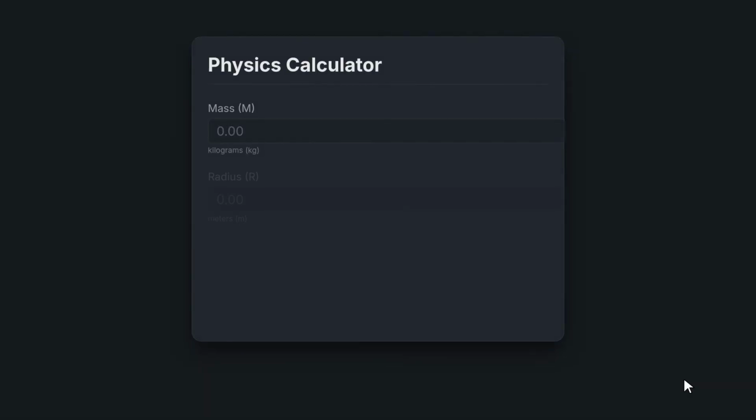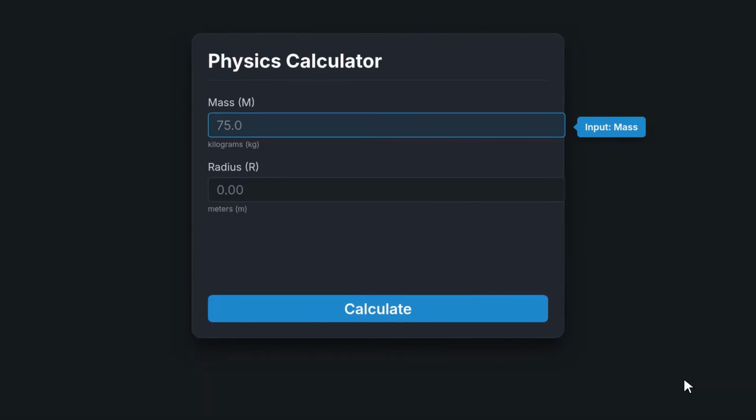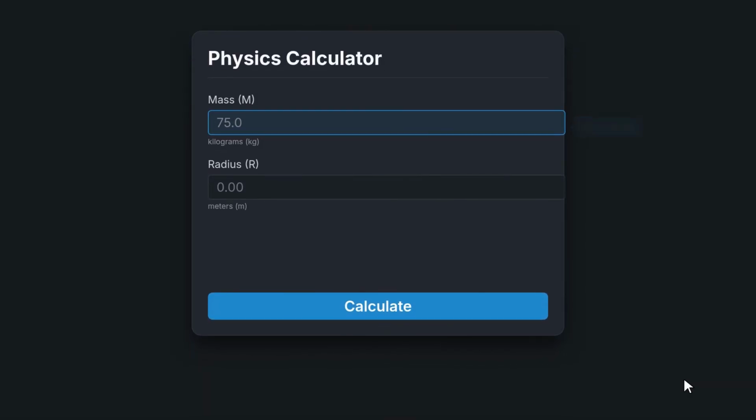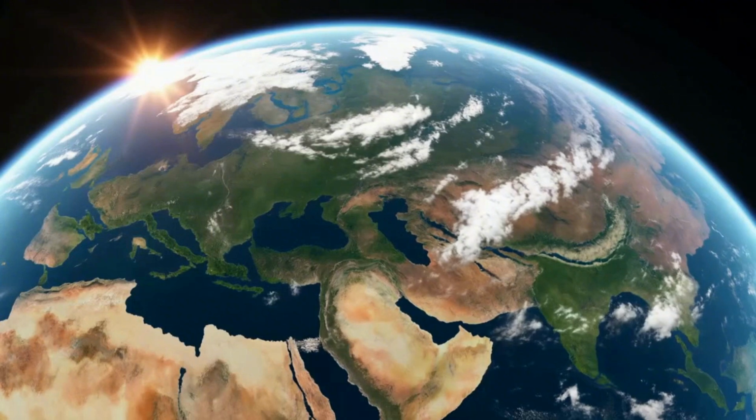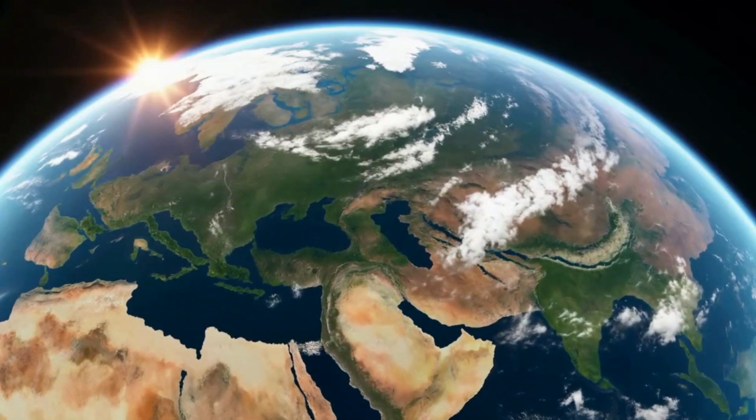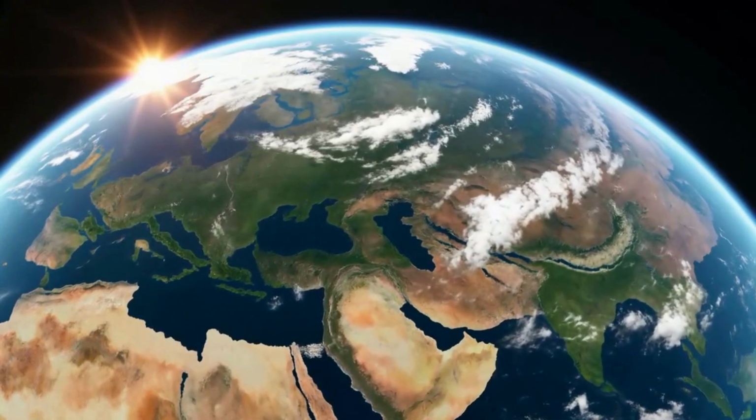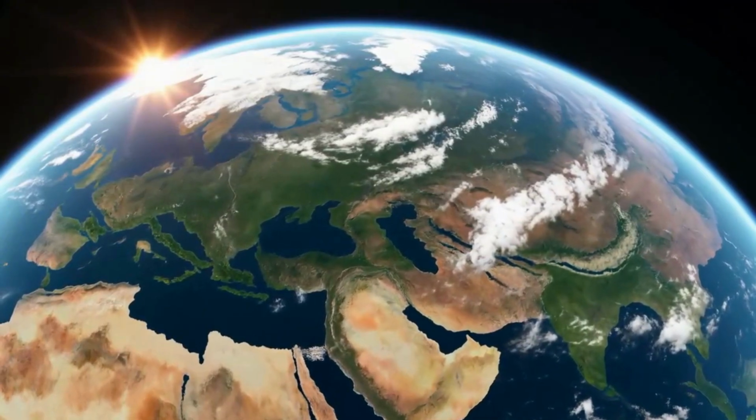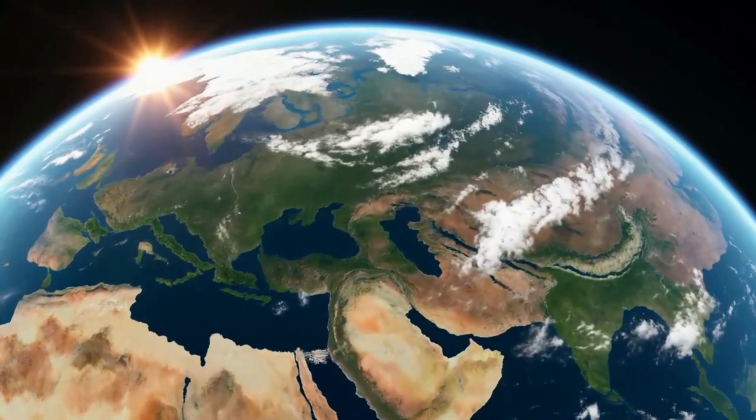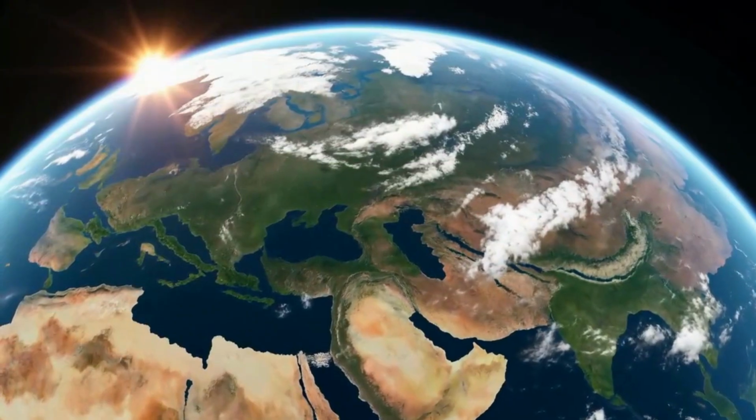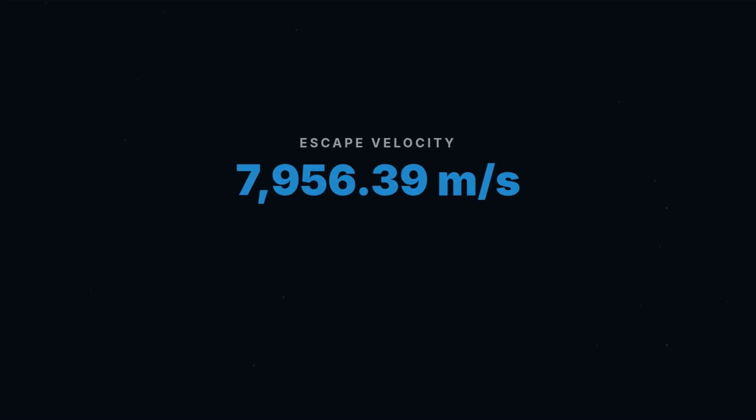The input fields are mass m in kilograms and radius r in meters. There's also a calculate button to execute the computation. Let's work through an example using Earth's parameters. I'll enter a mass of 5.972 times 10 to the 24th kilograms and a radius of 6.371 times 10 to the 6th meters. After clicking calculate, the results show an escape velocity of